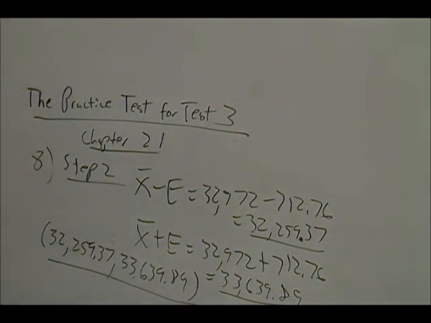What that means is, with 95% confidence, the actual mean annual income of all European households should be somewhere between $32,259.37 and $33,639.89. Now, we want to know whether we have from problem 7 and 8 significant evidence that the mean